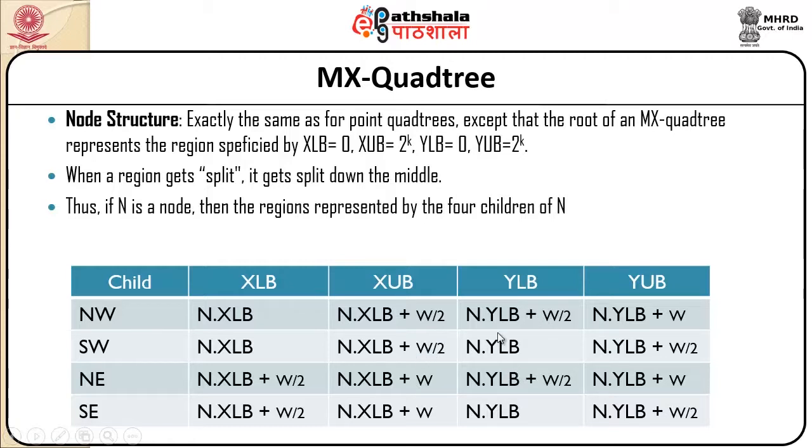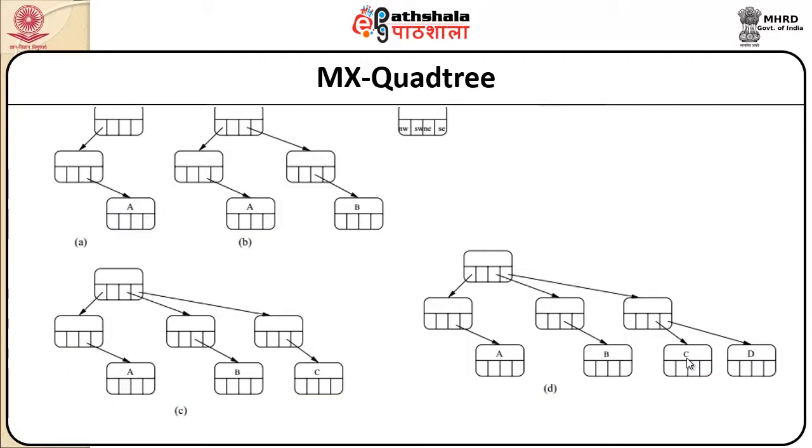And for the y value we have northwest and northeast, that is, the upper half of the region is being divided, and the lower half is being divided for southwest and southeast, for w by 2. So, this is a simple tree structure that is being plotted for an MX quadtree, where we have got all 4 points. Say for a location of x comma y, if I wish to insert a specific